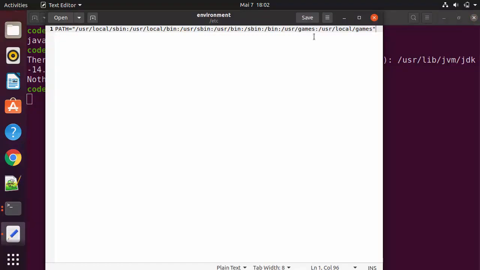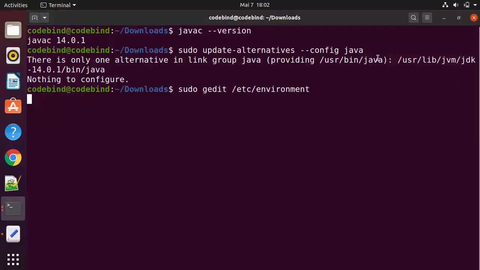Here you need to go to the bottom of this file, and at the very bottom write JAVA_HOME all in capital, then is equal to, and in double quotes you need to give the path you see after giving this update-alternatives command.